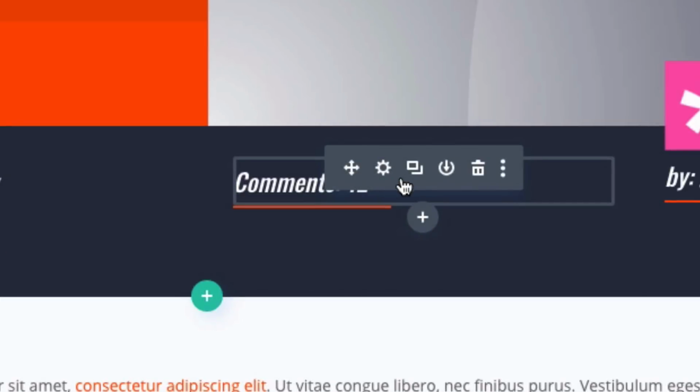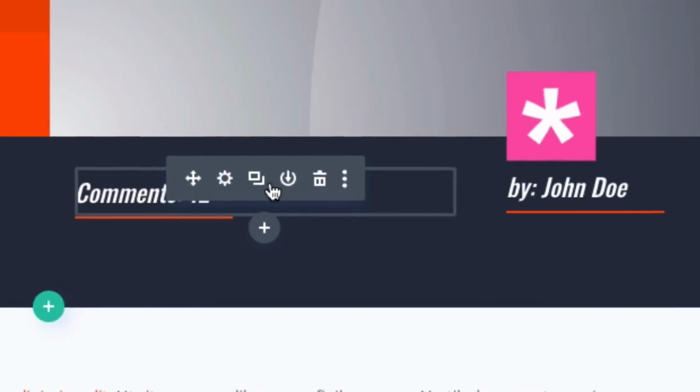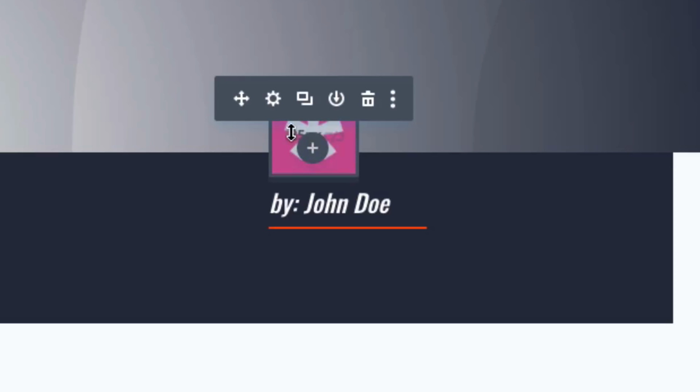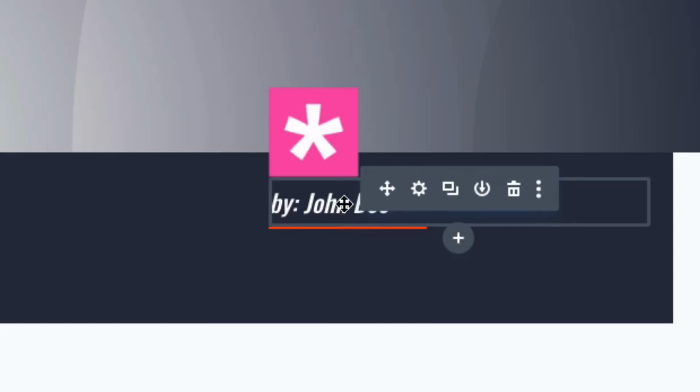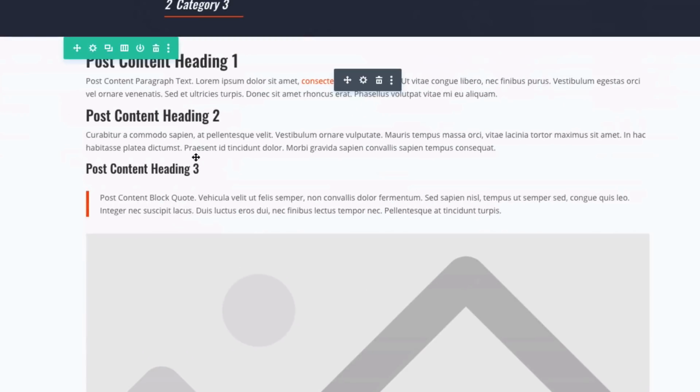This is one pulling in the post comment count. This is actually an image module that's pulling in the post author profile pic. And this is my text module pulling in the author's name. And this is very important. You remember this is the post